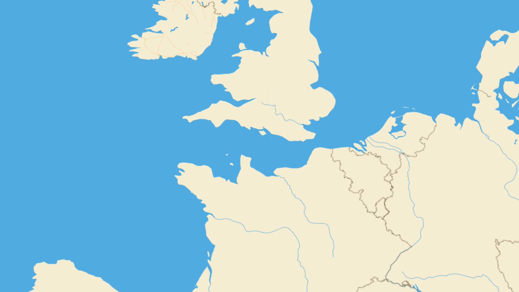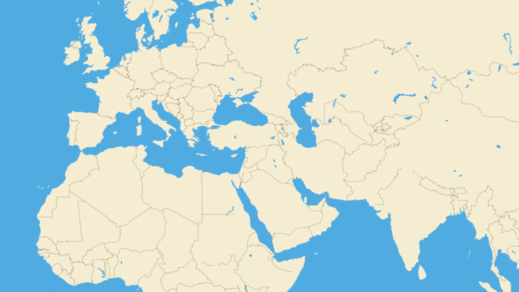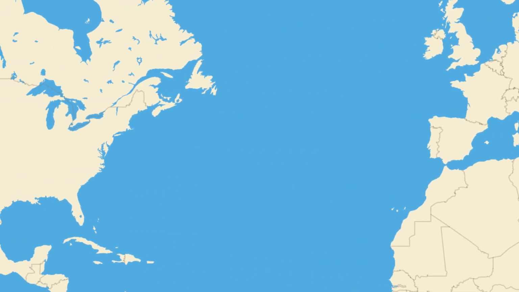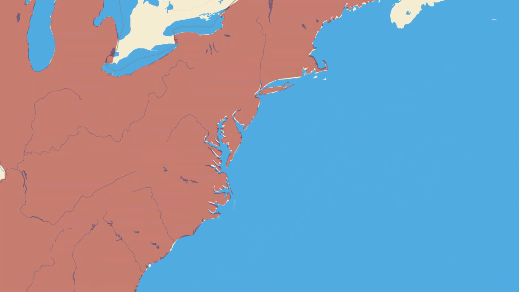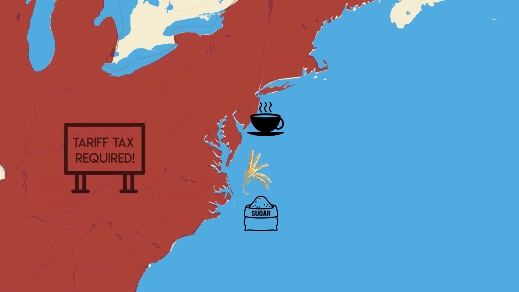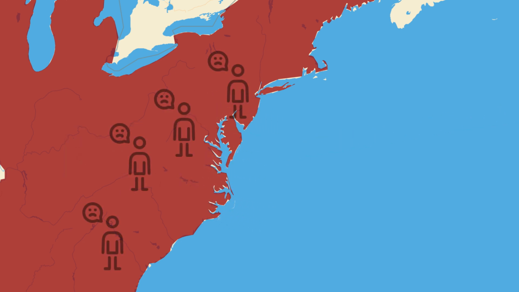Tariffs have also been used as political tools, punishing rival nations and forcing negotiations. For instance, in the 18th century, Britain used tariffs to weaken colonial economies while maintaining its own dominance. For common people in the colonies, these tariffs often meant economic hardship. American colonists, for example, faced increased costs on manufactured goods from Britain, contributing heavily to economic resentment that played a role in sparking the American Revolution.